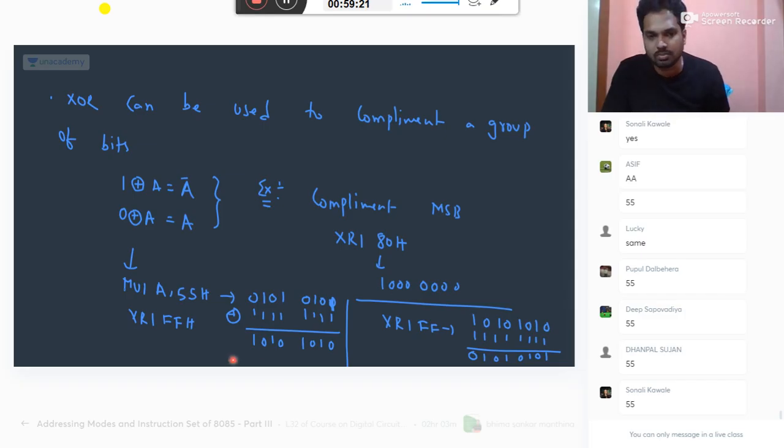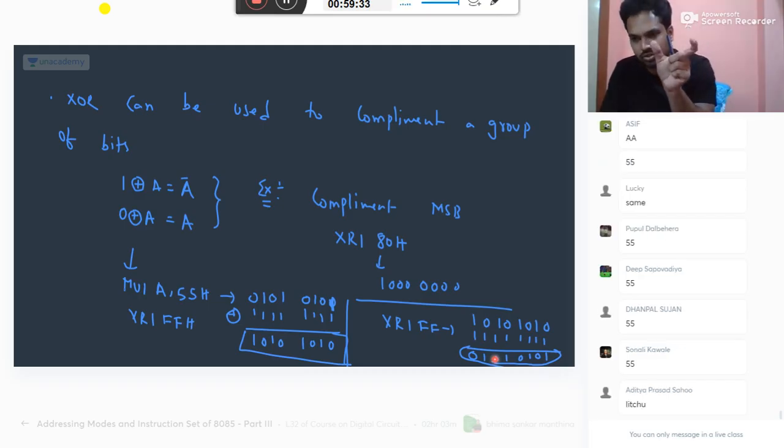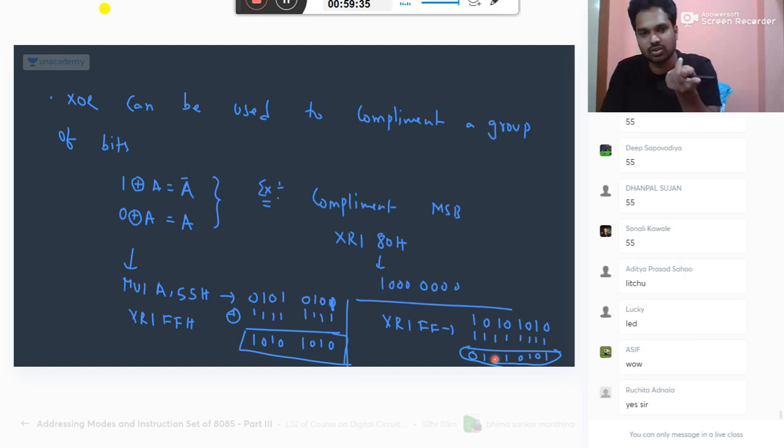So XOR is used to complement a group of bits or a particular bit. OR operation is used to set a particular bit, and AND operation can be used to mask a group of bits or a particular single bit, depending on the immediate data you have. These are the practical applications of your logical operations. So now let's move to